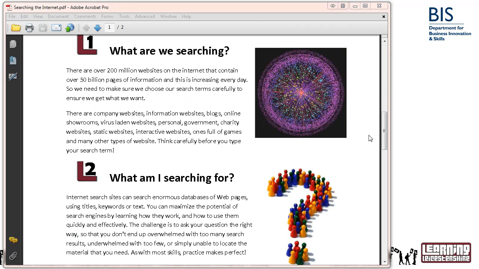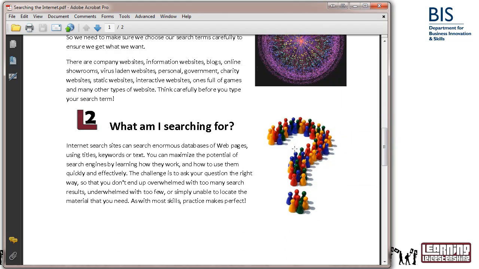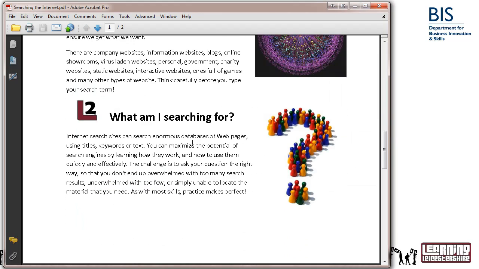So leading on to that, what are we searching for? Well, as I've got here, what am I searching for? Internet search sites use various algorithms to search the internet to hopefully give you the result of what you're typing into the search engine. They use things such as titles, keywords, or text that you put in to give you an answer. You can maximize the potential of the search engine by learning how they work. This is quite difficult because they keep their algorithms quite secret. But basically, keeping your search term as simple and concise as possible will hopefully help them return the information